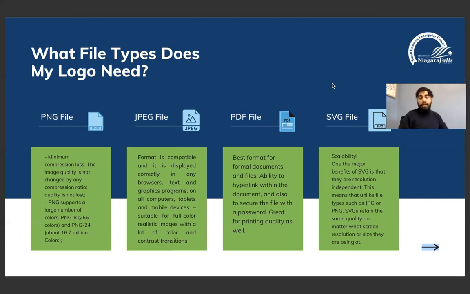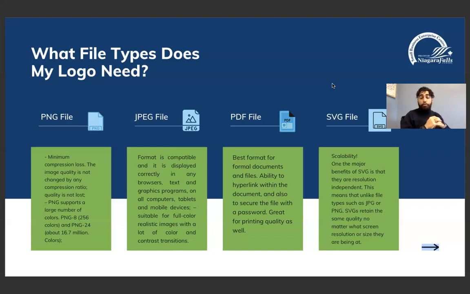And finally, the last version is something that we tend to get a lot of questions about here with small businesses as well: an SVG, or a vector file. You're not going to be coming across vector files too often unless you're in a design kind of business or have a graphic design background. But the best thing about a vector file is scalability. You can stretch these, you can make them as small as you want, and they're going to maintain their contents most of the time in a perfectly clear manner.